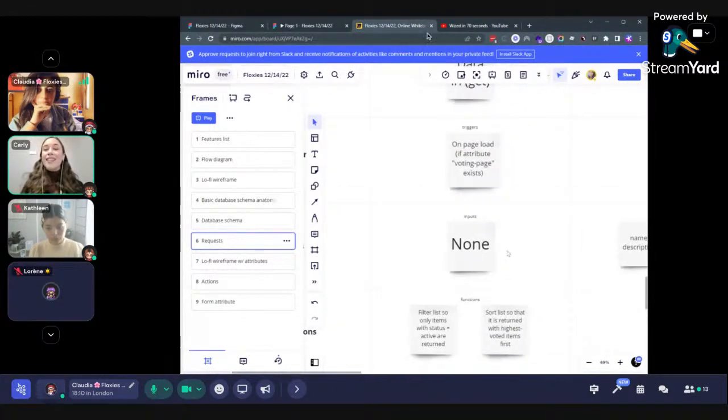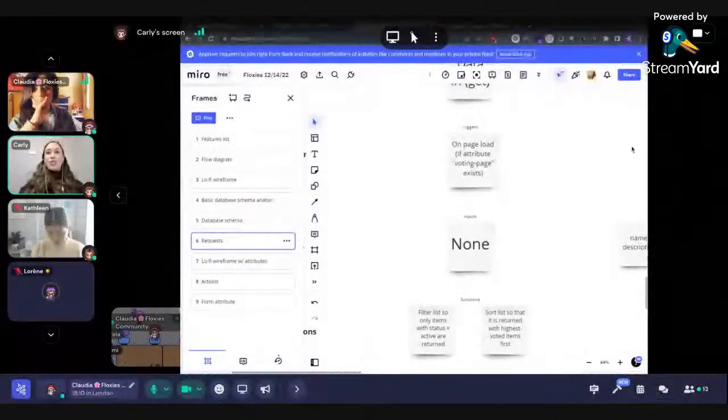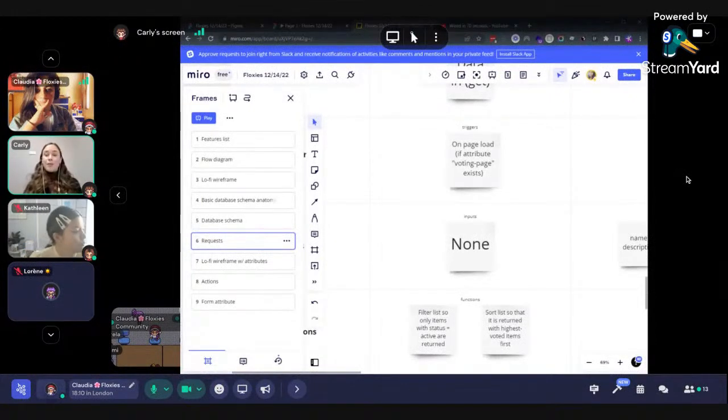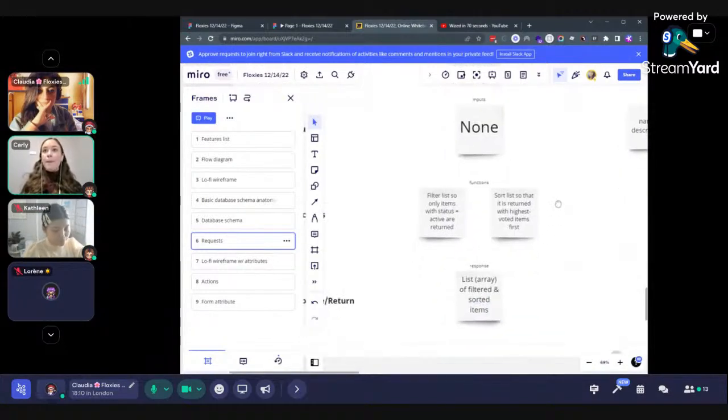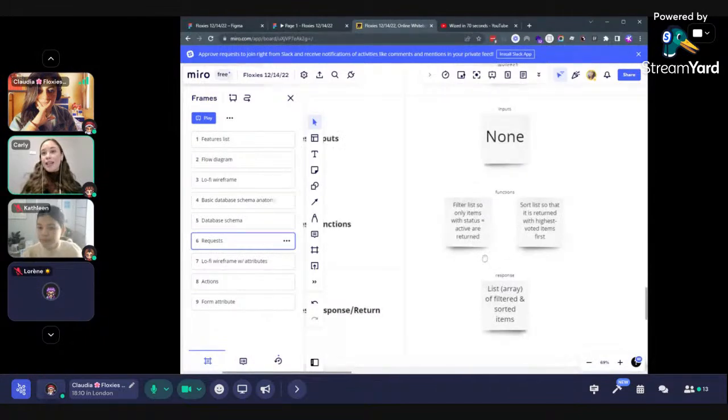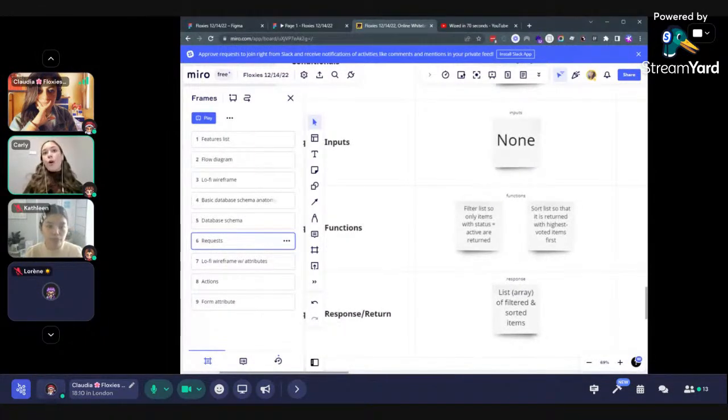Then each request might need an input, it might not. This one does not, because we're getting information from the database. We're not really telling it much else than that. But another big thing to plan for, for each request, is there any logic to it that we're keeping in mind, any functions? I'm using the term function because that's what Xano uses. Don't overthink it at this point, because this is something you'd be thinking about no matter what backend